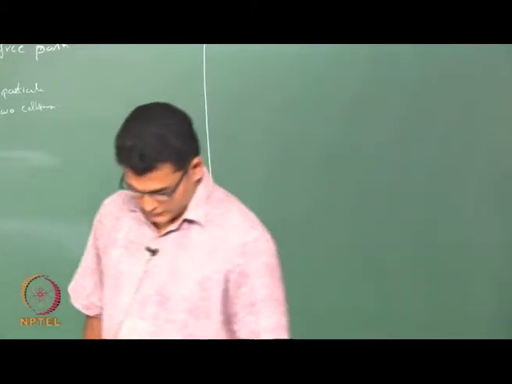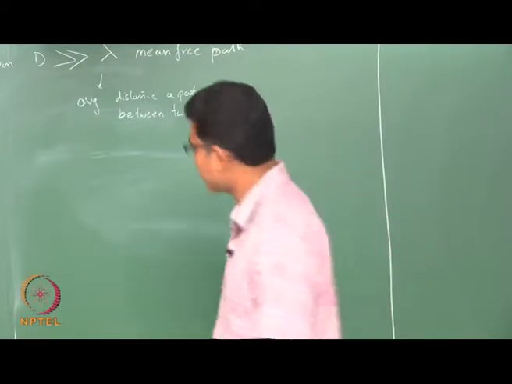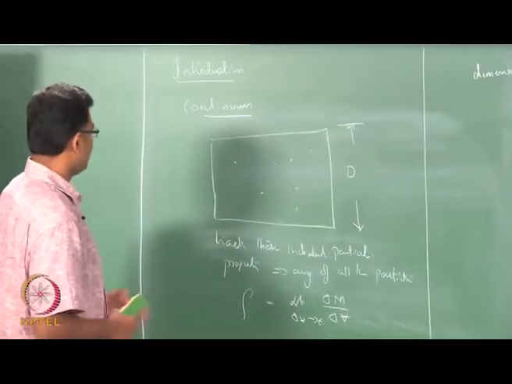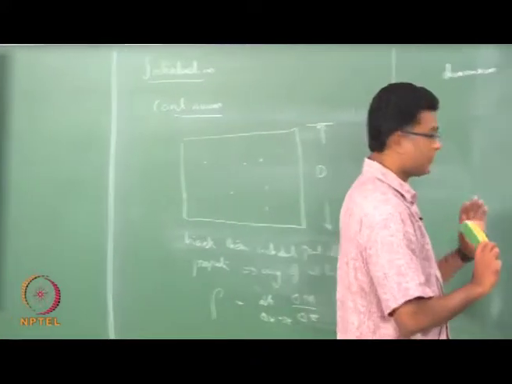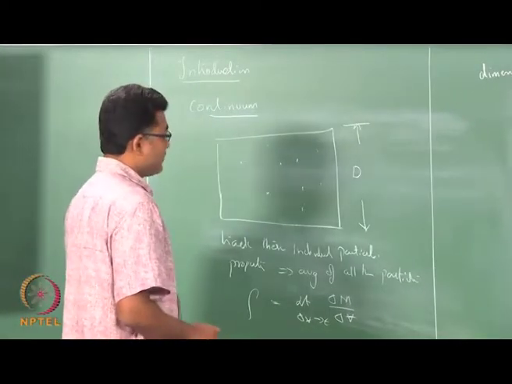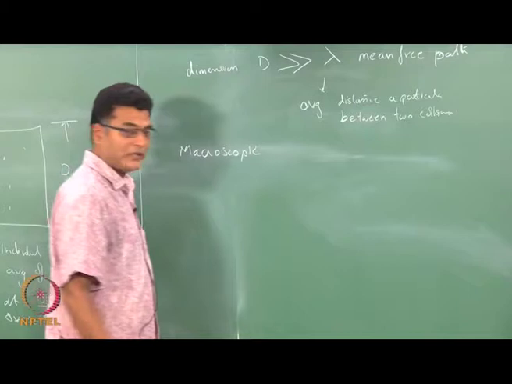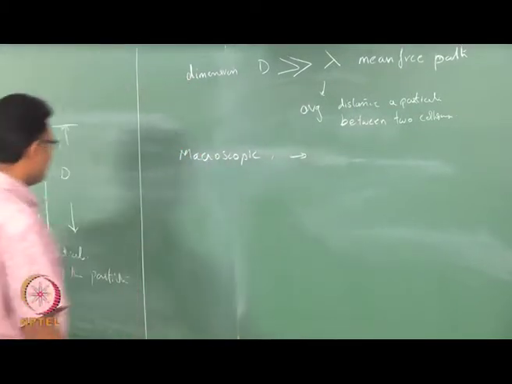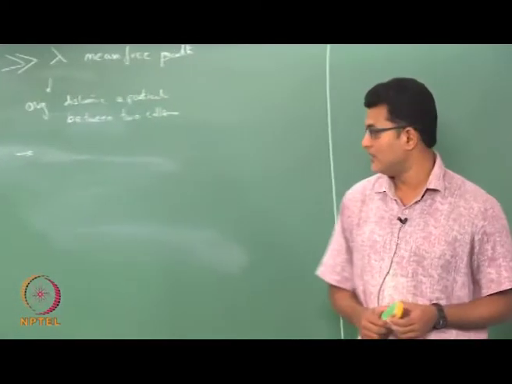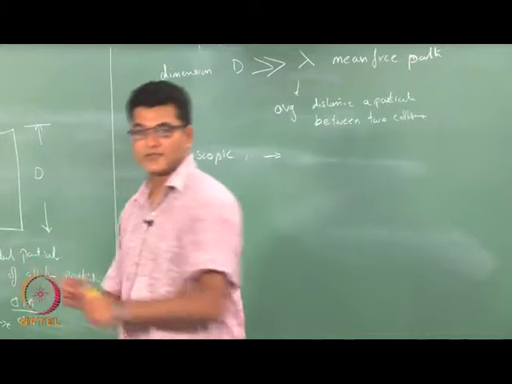So if our system is something like this, where we have a continuous flow and continuum mechanics is valid in the domain we are going to study, that will also lead us to define something called a macroscopic property, which essentially means that we are not tracking individual properties of these fluid particles, we are going to have an average property of the entire system.